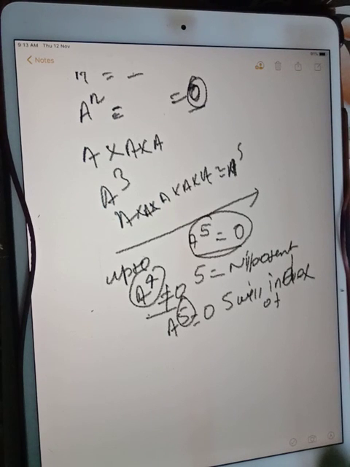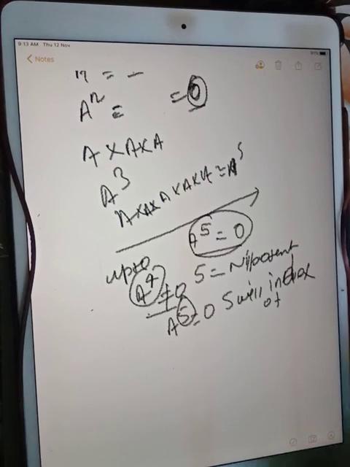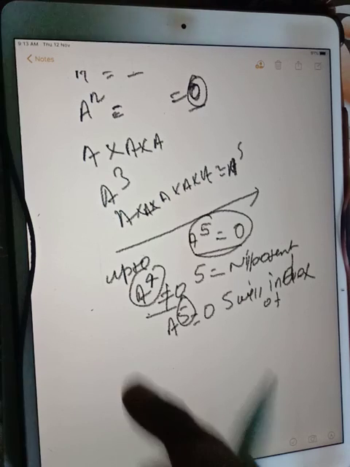Now the next type of matrix will be the conjugate. Now you can get a property of conjugate, that